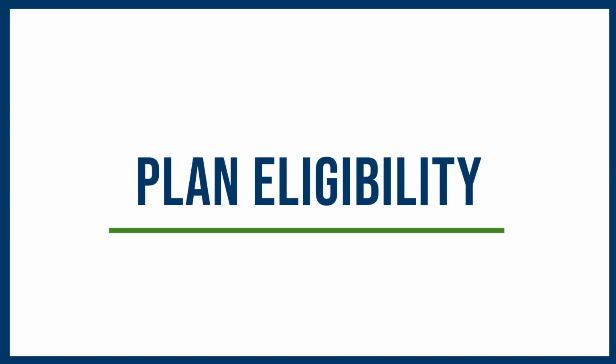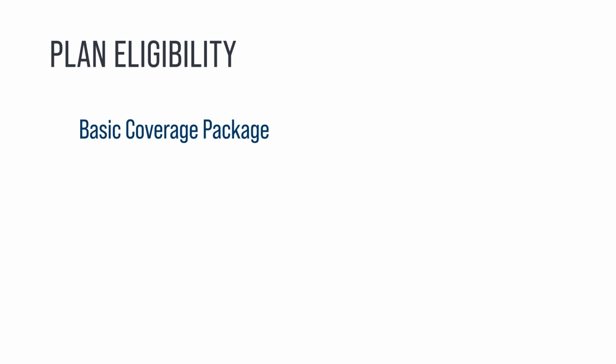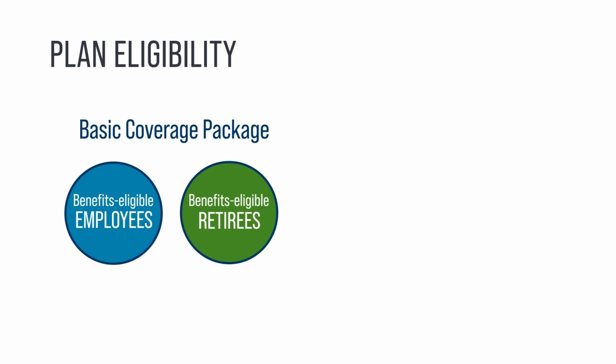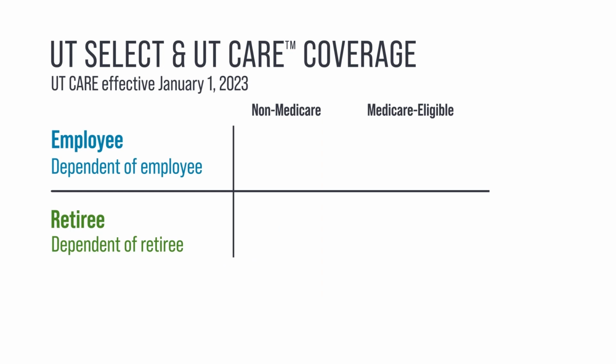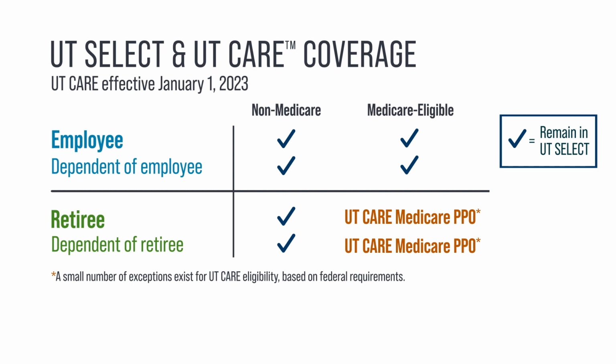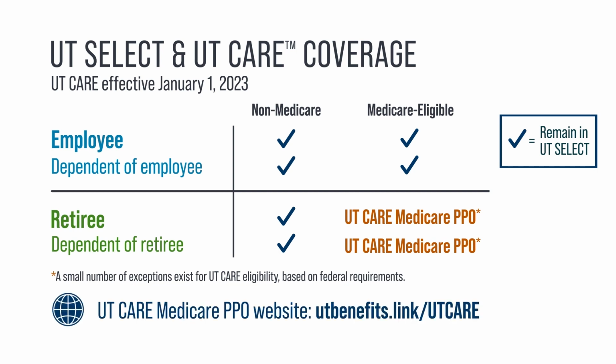Plan eligibility. Medical coverage is included in the basic coverage package for all benefits-eligible employees and retirees. Eligible dependents may also enroll in coverage. On January 1st, 2023, most Medicare-eligible retired employees and their Medicare-eligible dependents move from the UT Select plan to the UT Care Medicare PPO plan. Active employees and their dependents, plus non-Medicare retirees and dependents of retirees, remain in UT Select. For more details, please visit